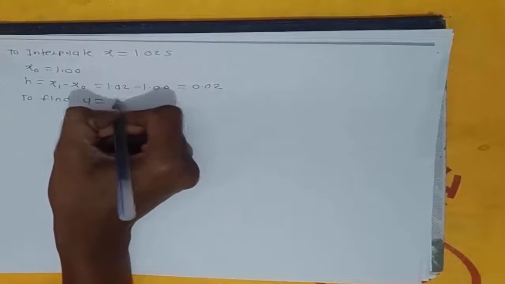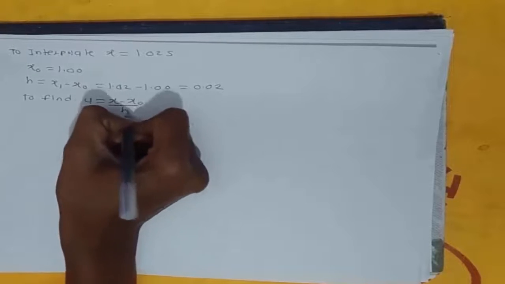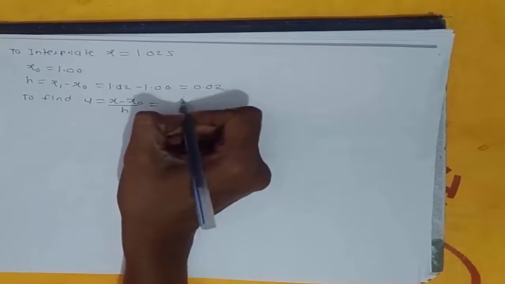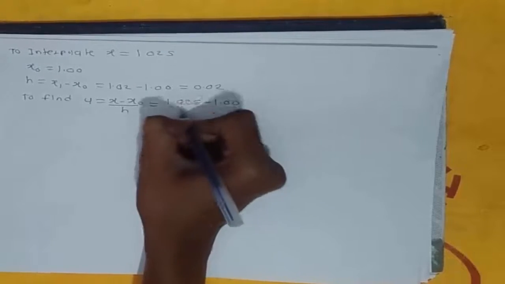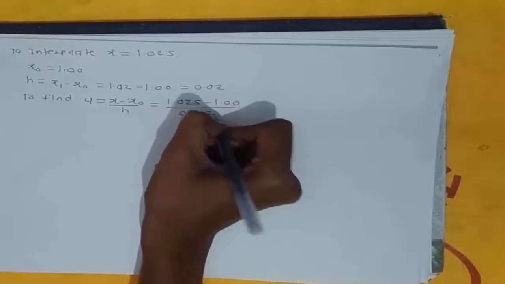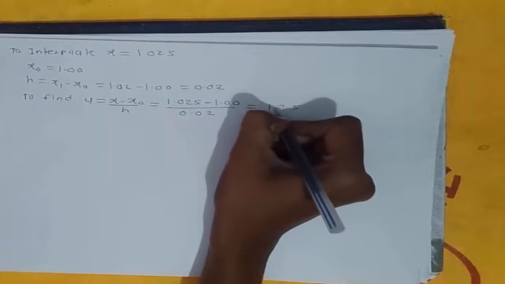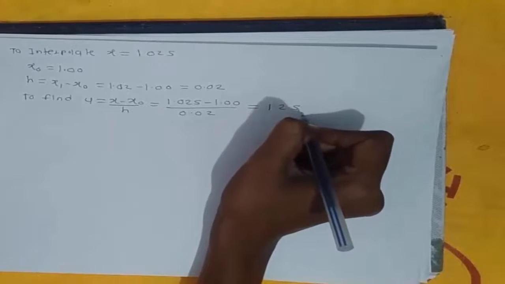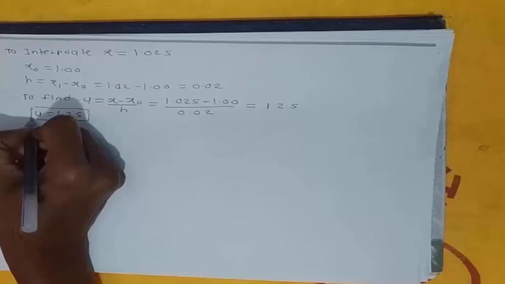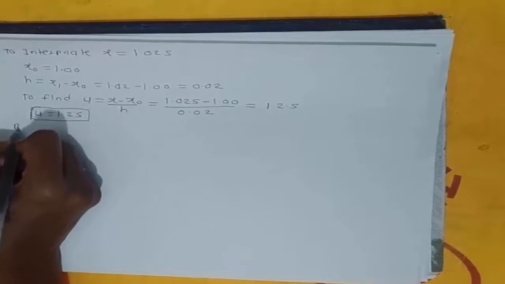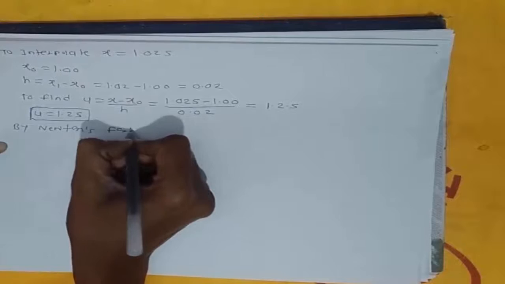Here we find u. We know that for Newton's forward difference formula, u is equal to x minus x0 divided by h. So we put x equal to 1.025 minus x0, which is 1.00, divided by h, that is 0.02. Taking this calculation we get u is equal to 1.25. Then by Newton's forward difference interpolation formula,